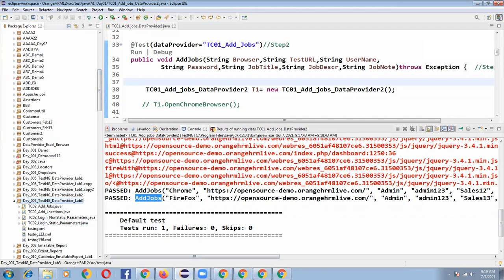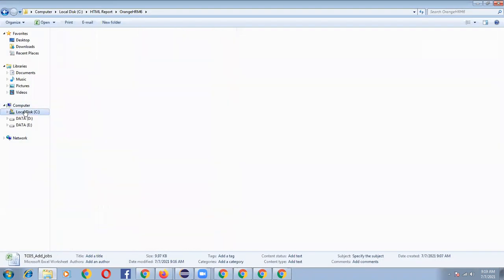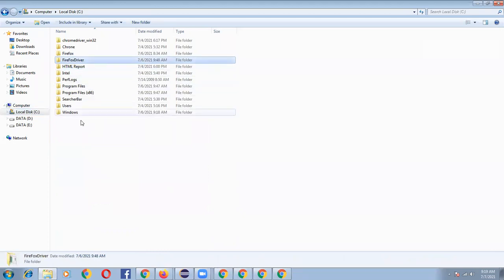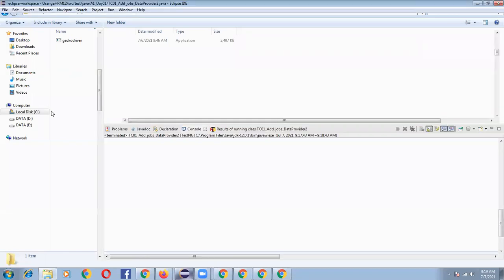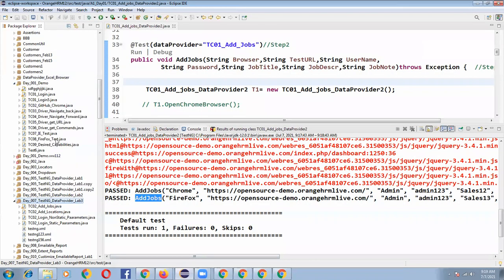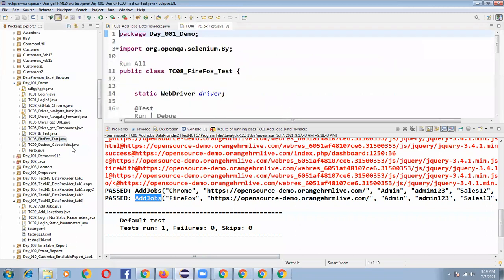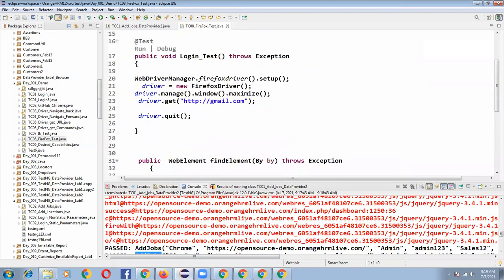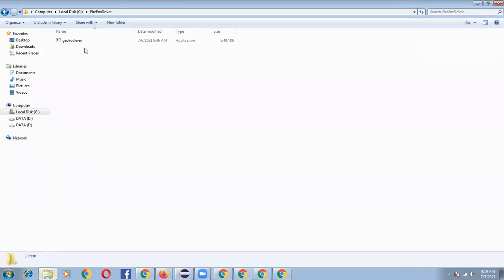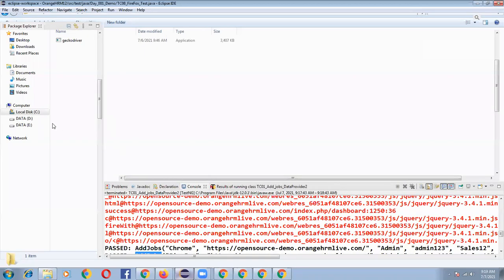So before practicing lab number 7, what are the points that we need to remember from yesterday's class? You need to download the Firefox driver, because you are launching your browser. So ensure the Firefox driver folder has been created, and ensure geckodriver.exe, just like chromedriver.exe, is downloaded. From where do we need to download geckodriver.exe? Just go to the program in day 1 demo. You can run the program so that your geckodriver.exe will be downloaded. Copy that geckodriver.exe path from the console and paste that file path here. Okay, so this is the point you have to ensure.